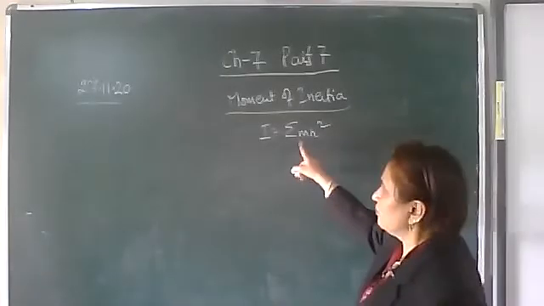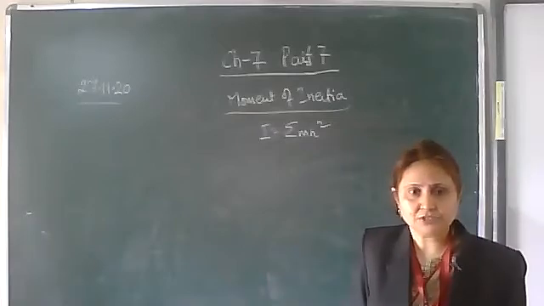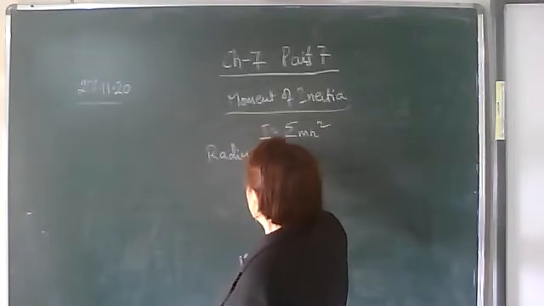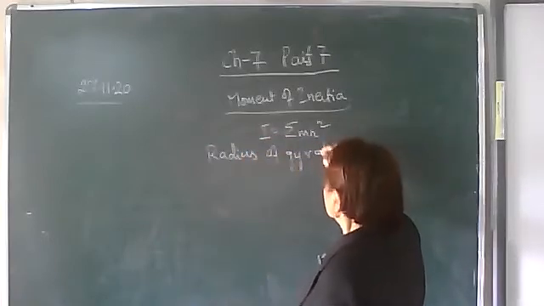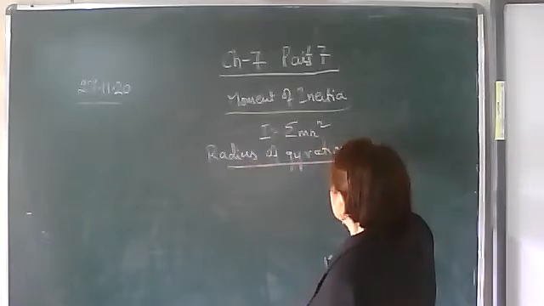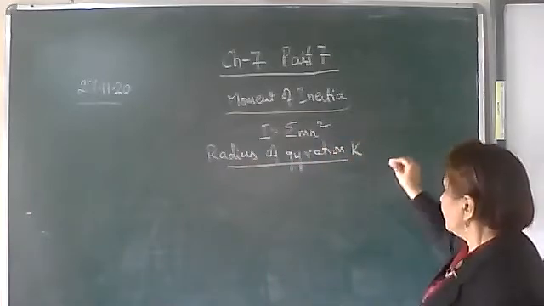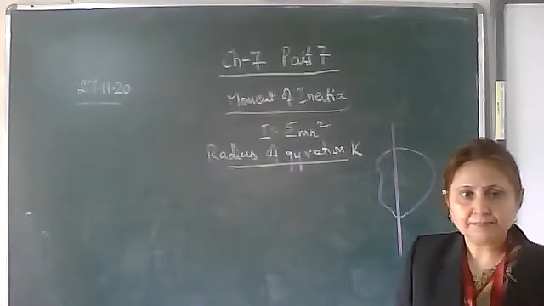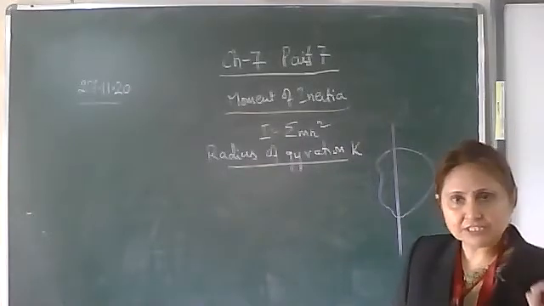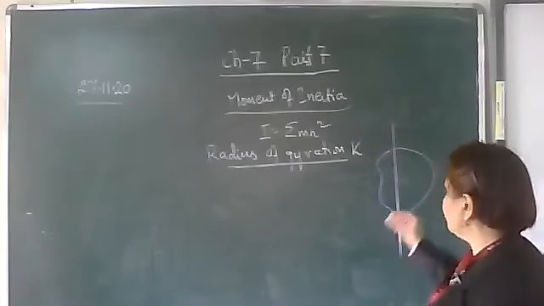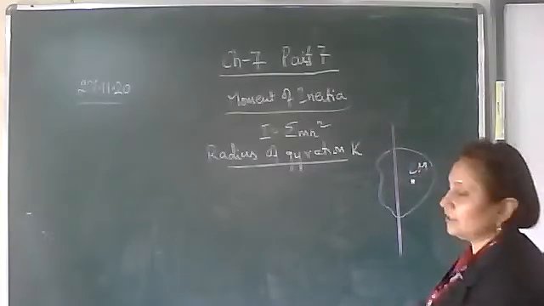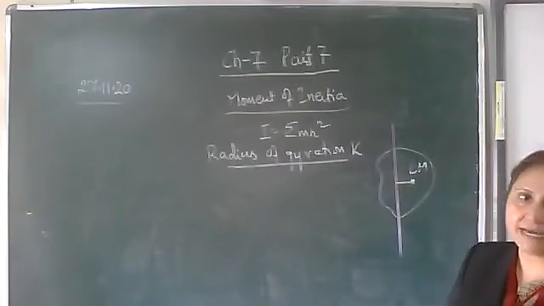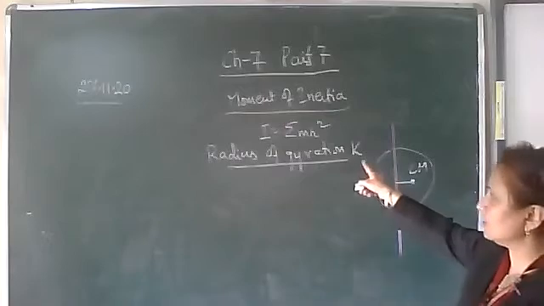Radius of gyration. Moment of inertia, which we studied yesterday, is given by summation of m r square. Now, radius of gyration, which is generally represented by k. Any rigid body rotating about some axis, this is the axis of rotation. And in a rigid body, there is a point where the whole mass of the body is supposed to be concentrated. That we call the center of mass. So the perpendicular distance between the center of mass and axis of rotation is called the radius of gyration.